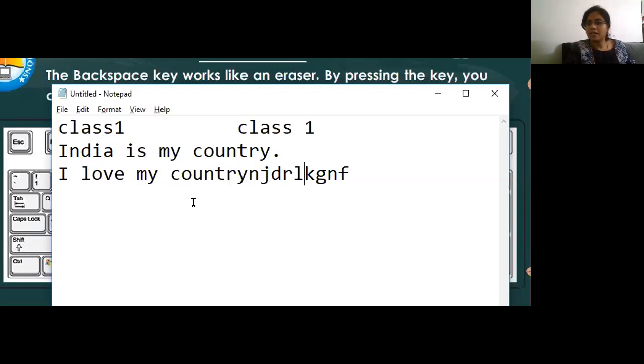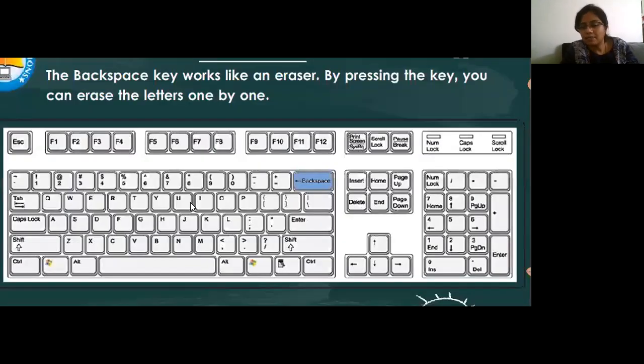I want to erase the rest. So what am I supposed to do? Come at the end, then press backspace. So once I press backspace, the unwanted things, whatever mistakes I've made, get erased.